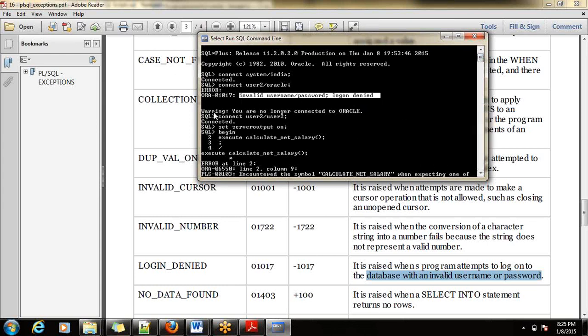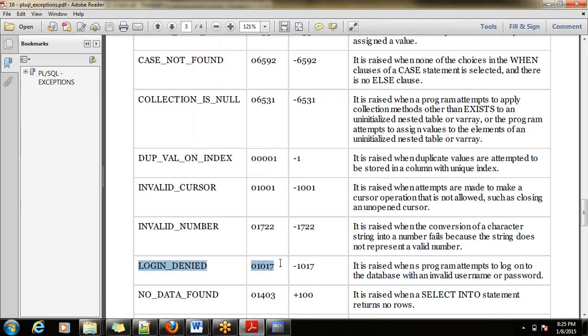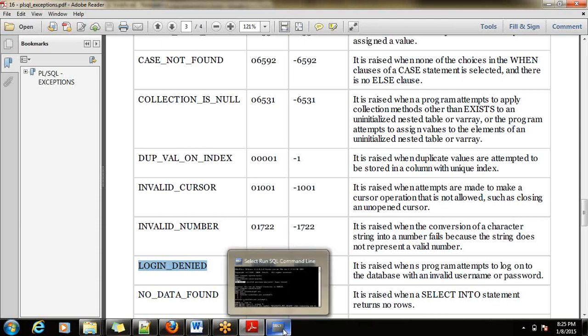You can see, 0107 is the error code. You can see here SQL code 0107. Can you see here 0107?